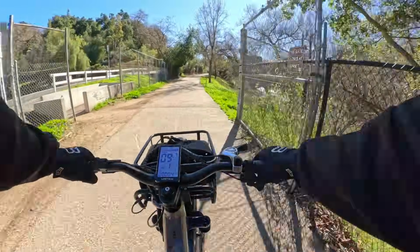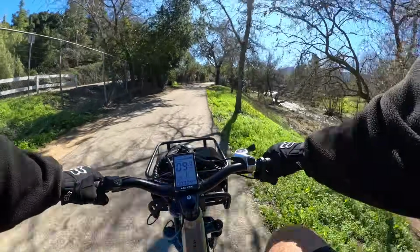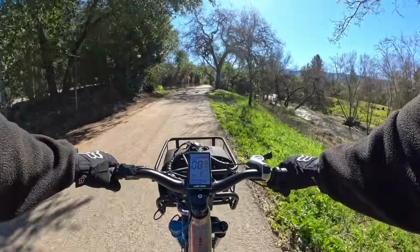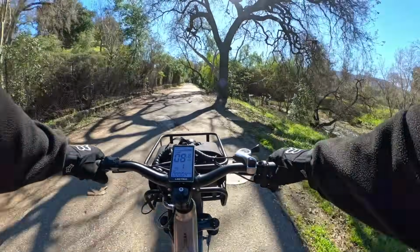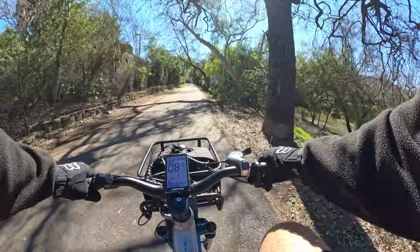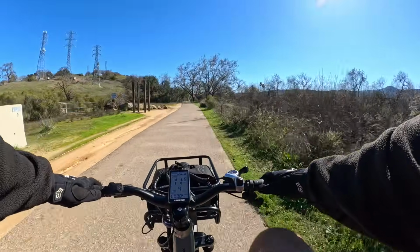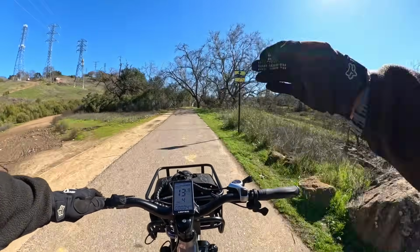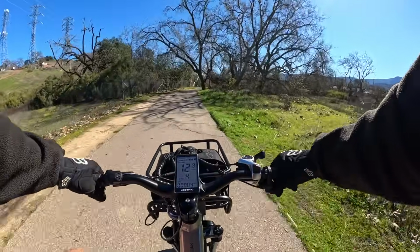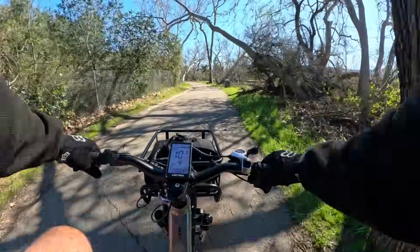Okay, I got to address the wobble. I just got to do that because even at a low speed, I'm going over certain bumps and it does this wobble. Now, I don't think it's frame flex. I'm gonna have to find a place on the dirt to see if it's gonna do the same thing on the dirt. Because if it does, and you really intend on using this for mountain biking, and you're going fairly fast,